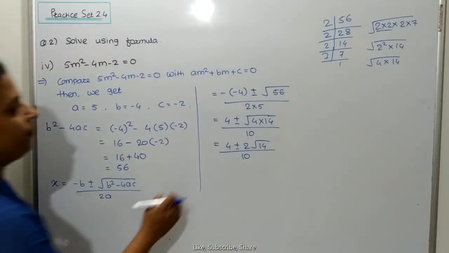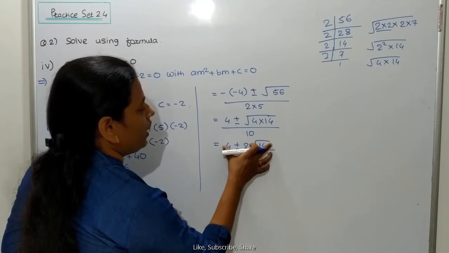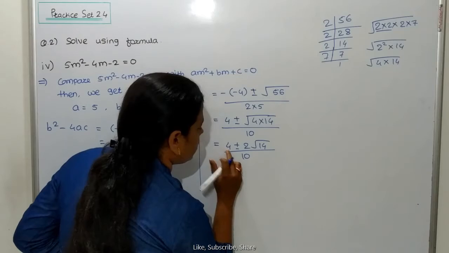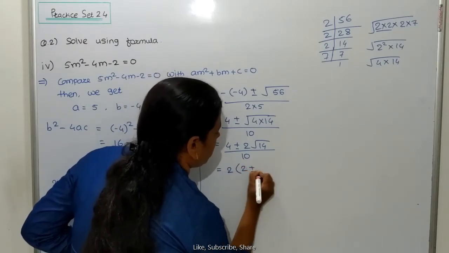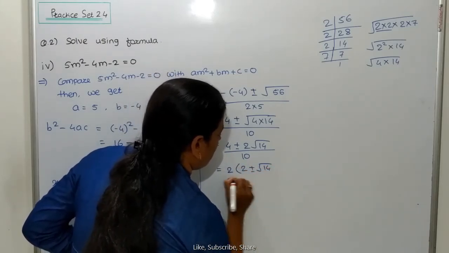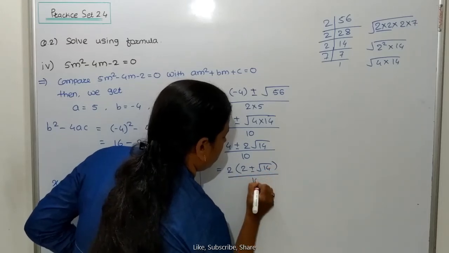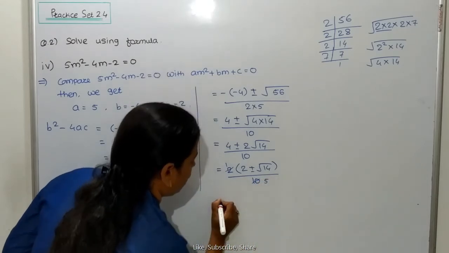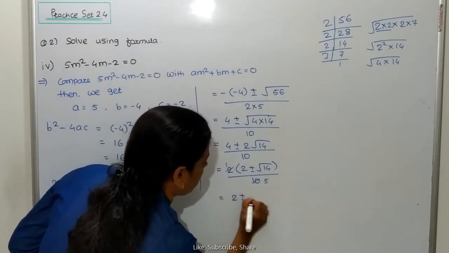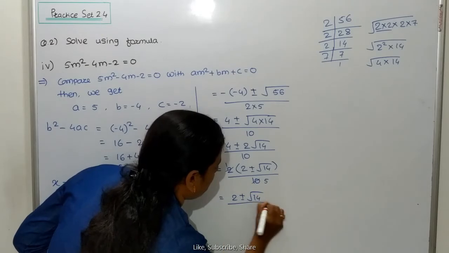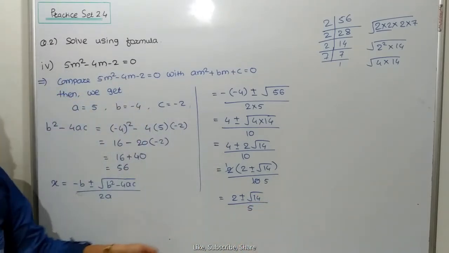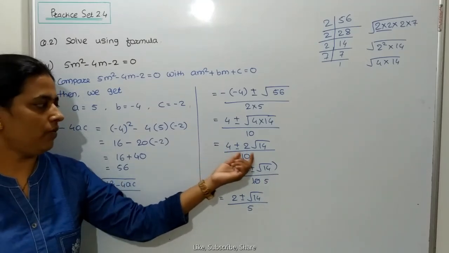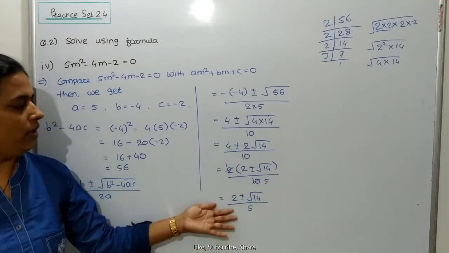Clear? So now we have to take common from the numerator, that is 2. How to take 2 as the common? Then what is remaining here? That is 2 plus minus root 14 upon 10. So divide this, 2 ones are 2 and 2 fives are 10. Then what we have to get? That is 2 plus minus root of 14 upon 5. Clear? Okay. If you have to see the common from these two numbers, then you have to take first common and then calculate the further steps.